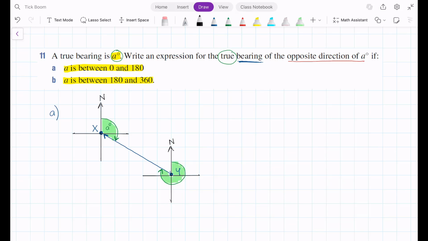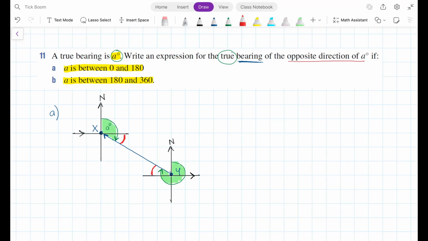And what can help us is to notice that given we have drawn two compasses here, by definition, the horizontal components of these compasses must be parallel, moving from east to west. They must be parallel lines. And that means these two angles here, this angle and this angle, must be equal because they are alternate angles on parallel lines. So if I can find out what this angle that I'm indicating in red here is,